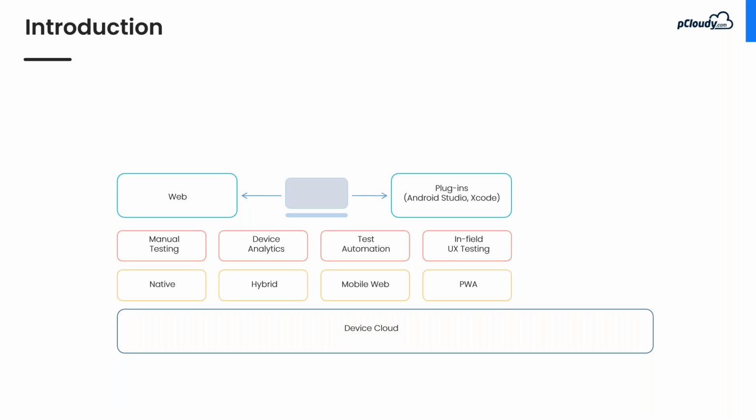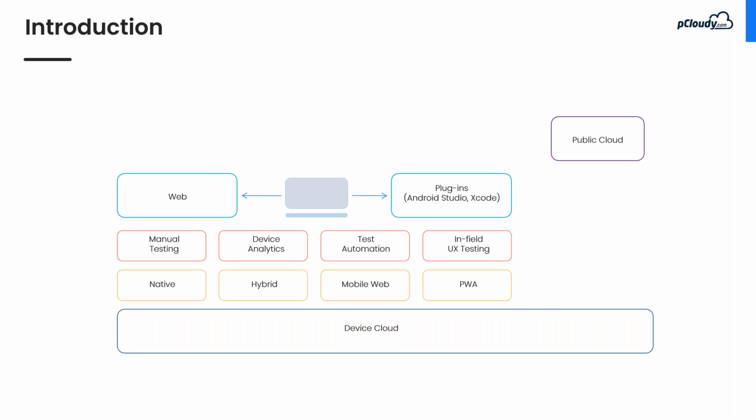That's where you need the plugins or the CLI commands directly to connect to pCloudy. So both the ways are supported at pCloudy. Even if you want to run your tests on pCloudy using the APIs, you can pretty much use it. So both the options are available to access this cloud